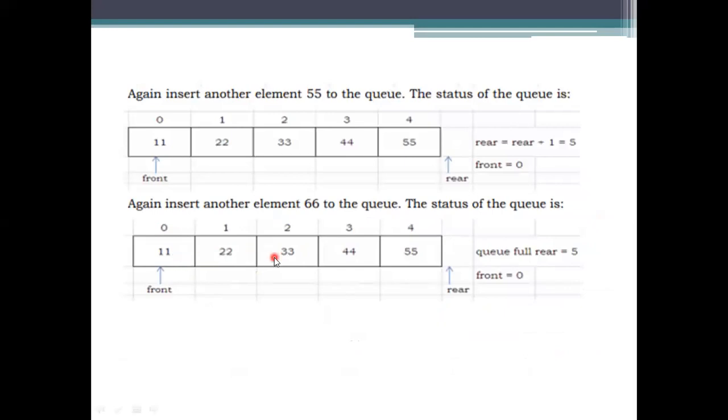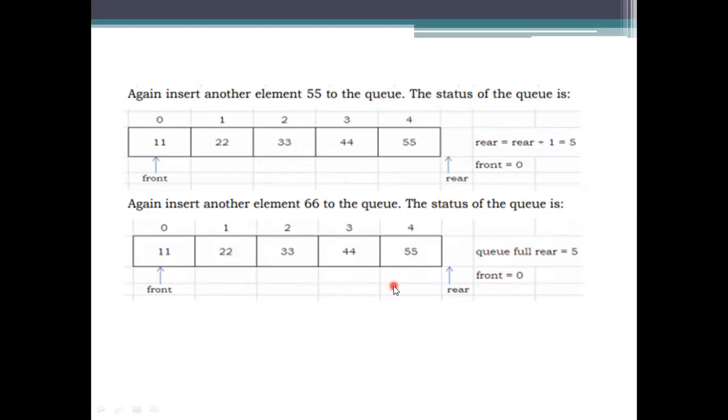Here we have 5 spaces, and the 5 spaces have been used by the user, which means they have data elements there. Then if you want to perform an insertion operation on this, it could not be possible. Why? Because I don't have any space here. So that's why we are checking for the overflow here.